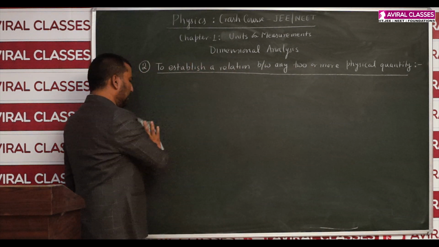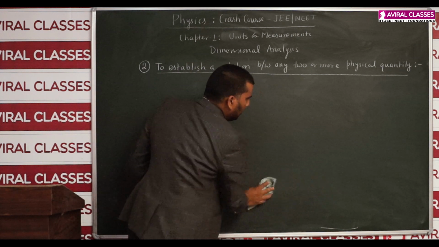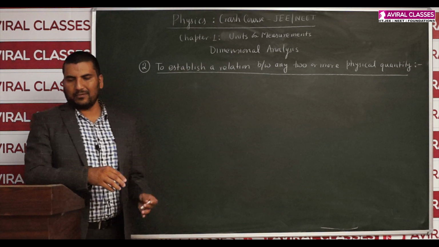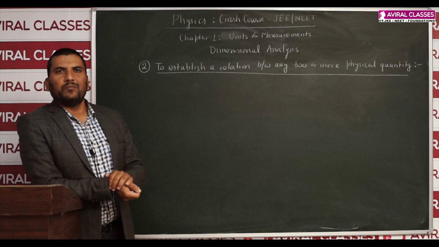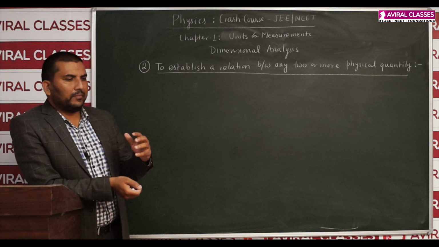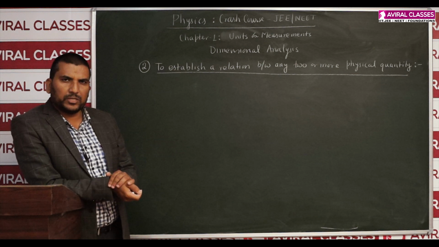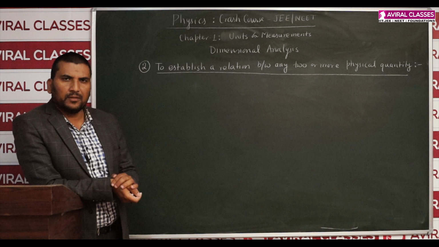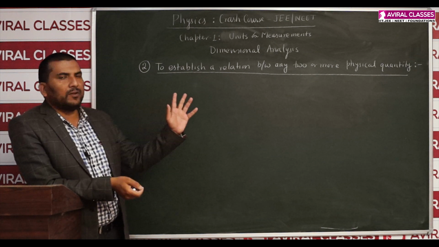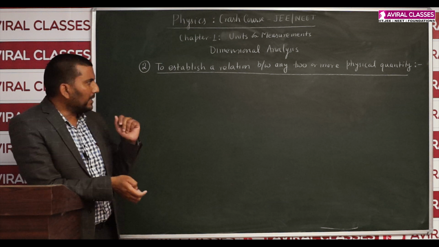There are certain limitations also. We can only derive a relation having 3 physical quantities on one side. We can't derive any formula having sine or cosine or trigonometric function or exponential function or logarithm function. Only we can derive a simple way. If in any case there are more than 3, for example,